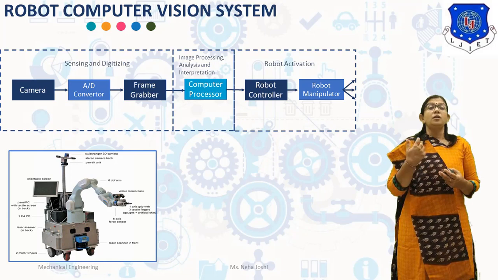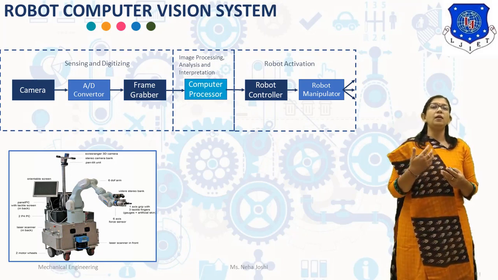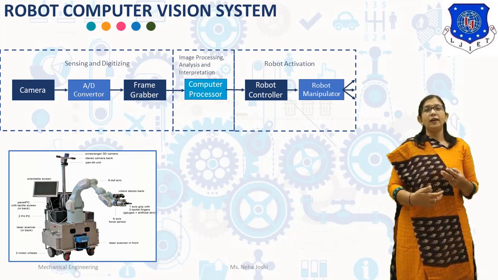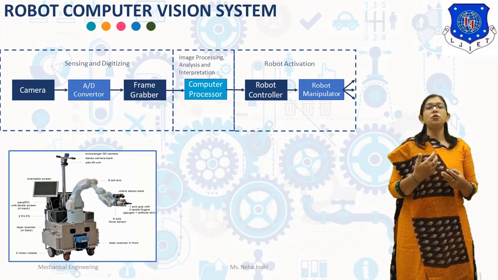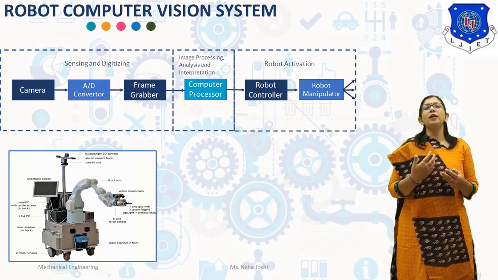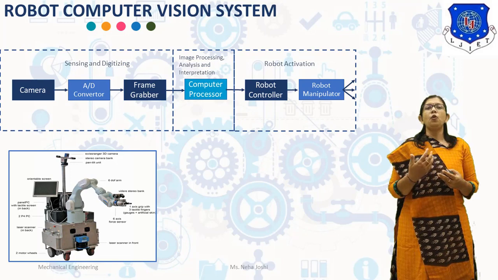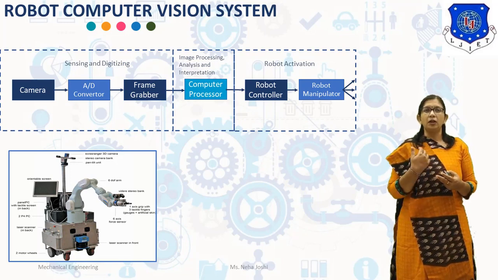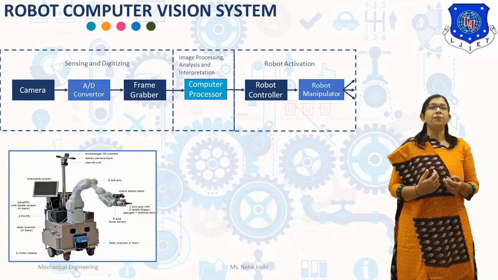Now, what are the applications of robot vision? It is divided into three categories: inspection, identification and navigation. The identification application includes part sorting, picking randomly oriented part from conveyor, palletizing and depalletizing. Now, what is navigation? Navigation is a process where, based on the input from the robot vision system, the action of the robot is controlled. The navigation application includes reorienting the parts which are moving along the conveyor, robot path planning to avoid collision, and autopilot vehicle. So this is all about the robot computer vision system.